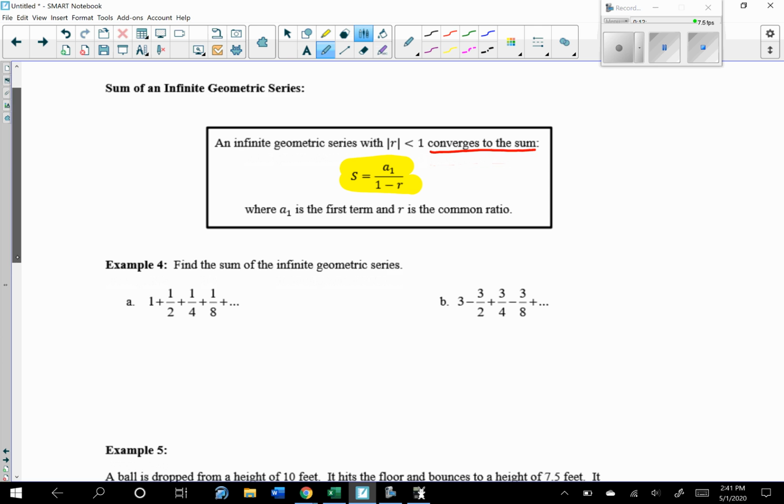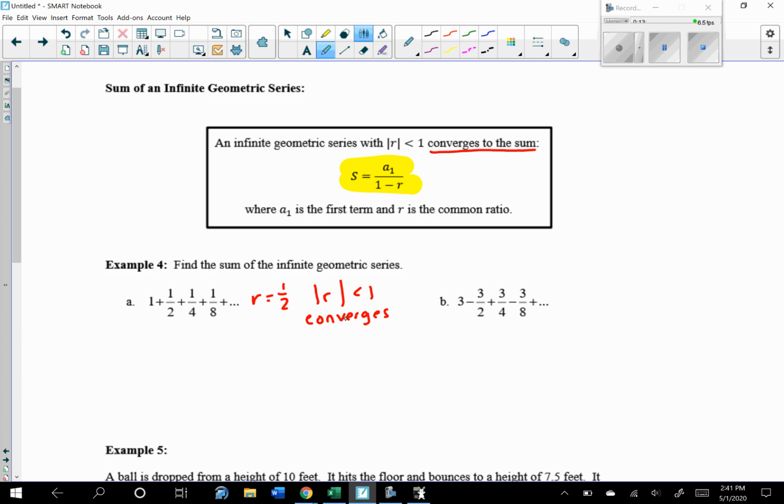So if we look at these two questions right here, it says find the sum of the infinite geometric series. If I want to find the sum, I need to find those values that we just talked about. So first I want to look at my common ratio. My common ratio is 1/2 divided by 1, so 1/2. The absolute value of r in this case is less than 1. Therefore, we know it converges